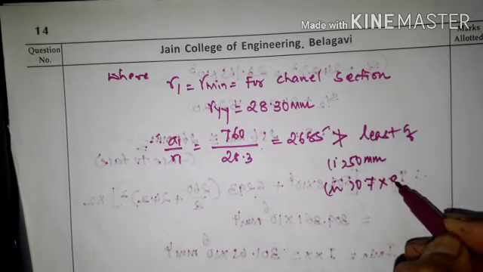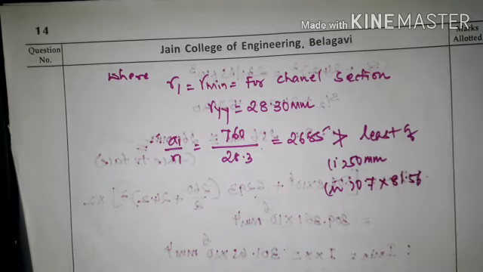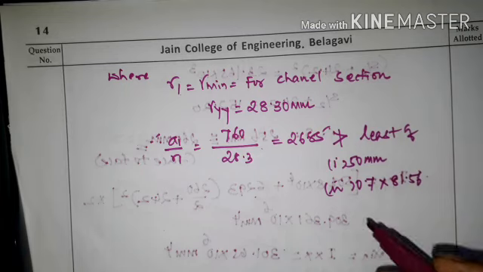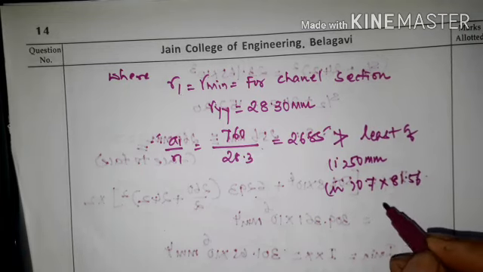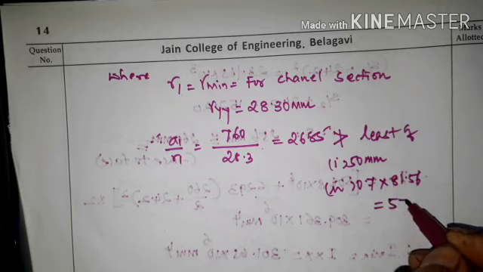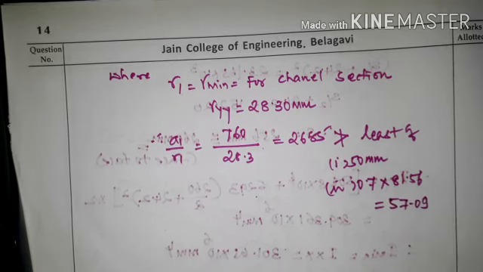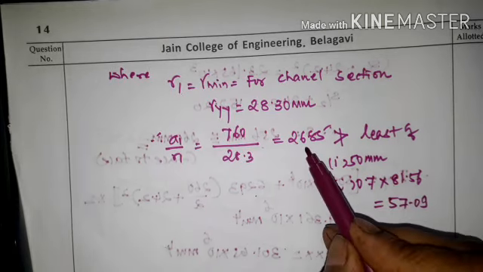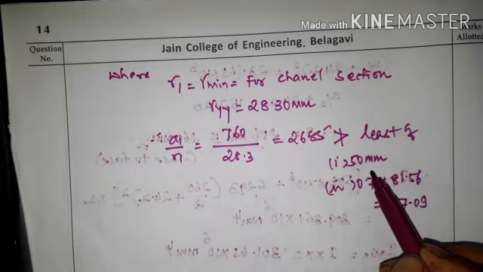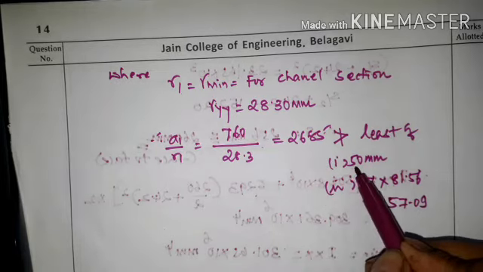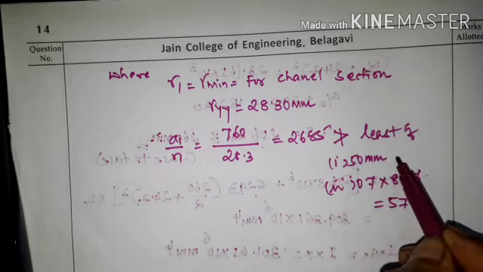So we have got the lambda actual as 81.56. So this will be 57.09. Okay, so the least of these two is 50 mm,